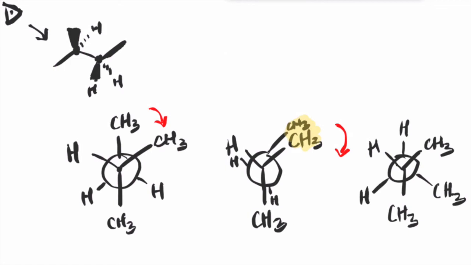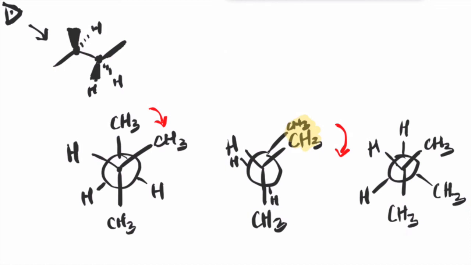Okay. All right, so just to take a look in advance here, if I rotate this group one more time, it's going to eclipse this methyl group here. So it's going to be very similar to this structure, but go ahead and draw it to prove to yourself and convince yourself that's the case. I'm going to skip that one, since it's going to be degenerate in energy with this one. And if I rotate it again, now the methyl group will be in this position, so it's going to be very similar in energy to this structure. Again, I'm not going to do that, but go ahead and convince yourself that that is the case. So because of that, I'm pretty sure that these are the three structures I should be analyzing.